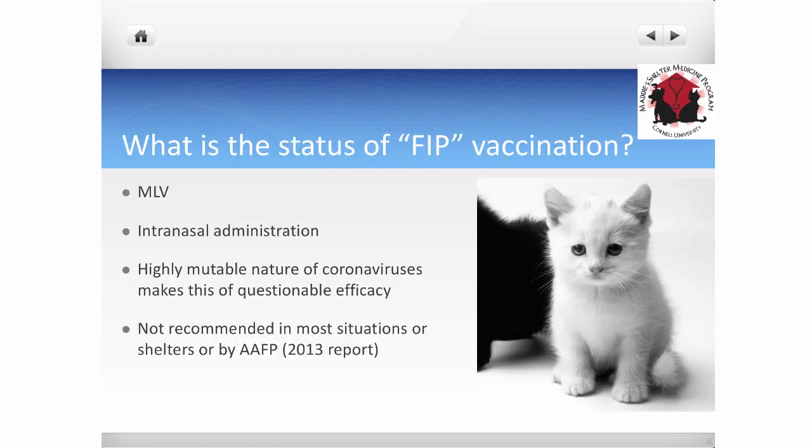So FAQs. What's the status of the FIP vaccination? It's a modified live intranasal, reminding you that coronavirus is highly mutable. What we know about trying to vaccinate against highly mutable viruses is it's a real challenge, because what you may be vaccinating with doesn't actually protect against the mutation that you currently have. And so the commercially available FIP vaccination is not recommended in most situations, and not recommended as anything we use